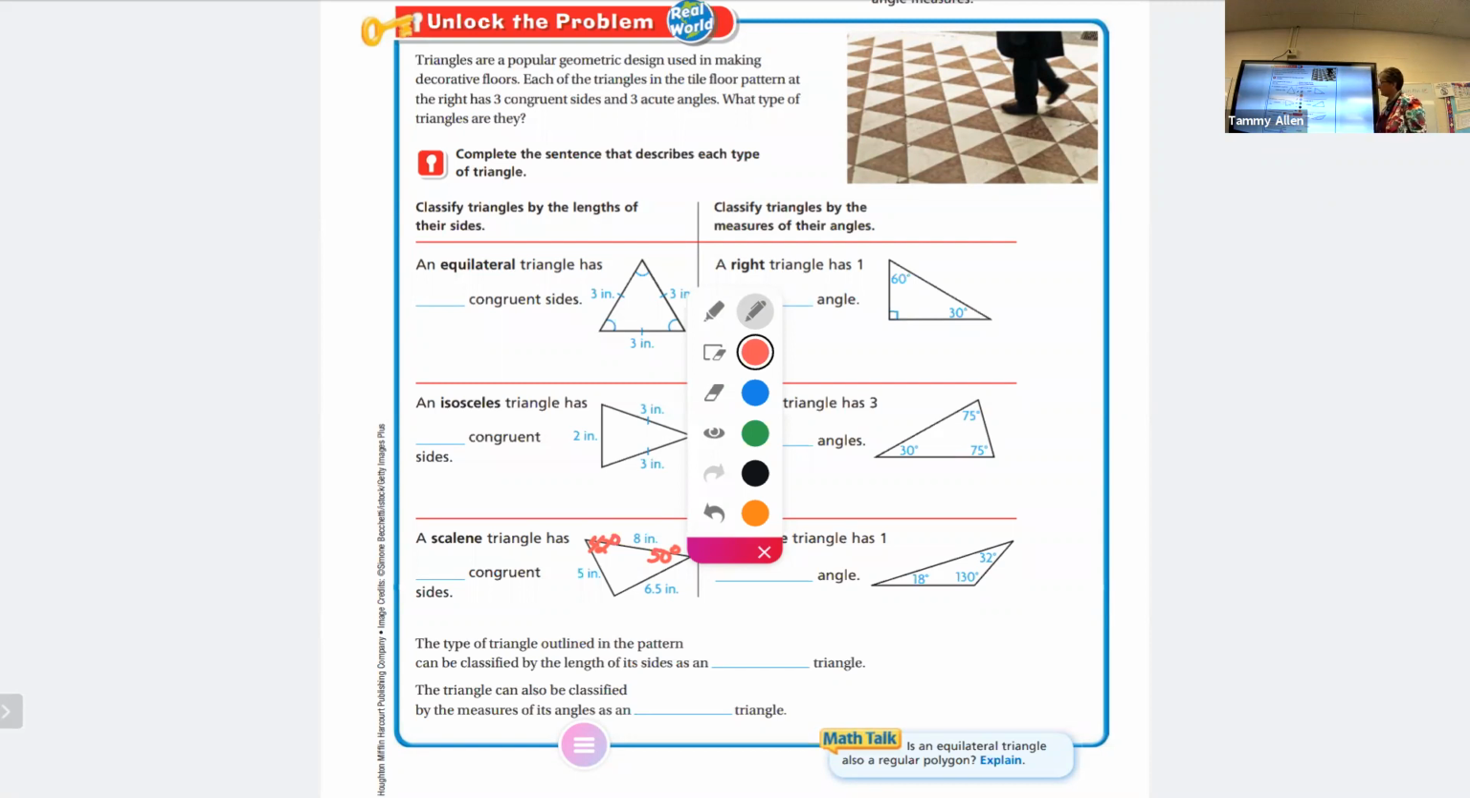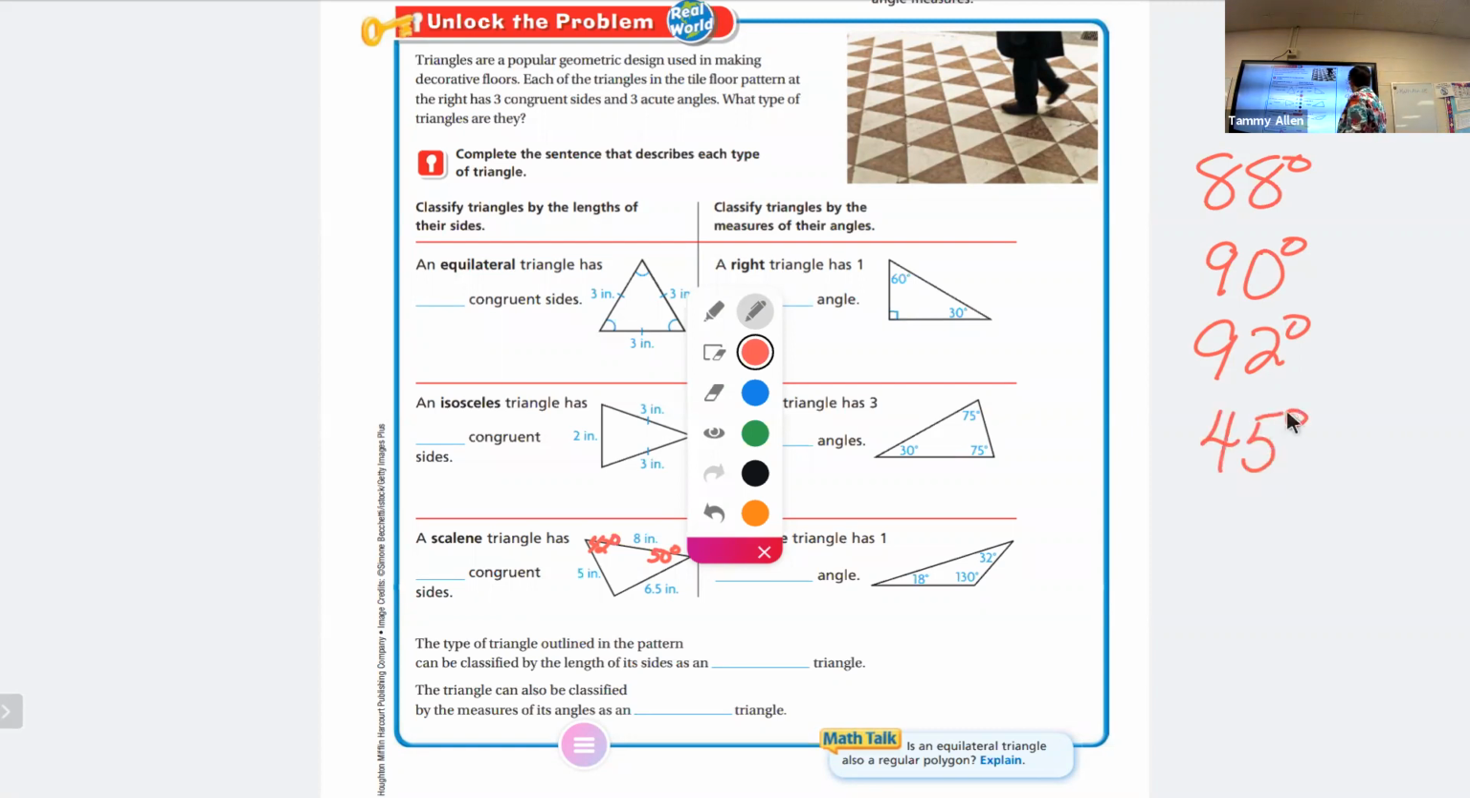Eduardo, what did you come up with? Anybody come up with anything besides 88 degrees? 90? You might come up with any other amount. 92 degrees, anything else? 45 degrees, anything else? All right, somebody